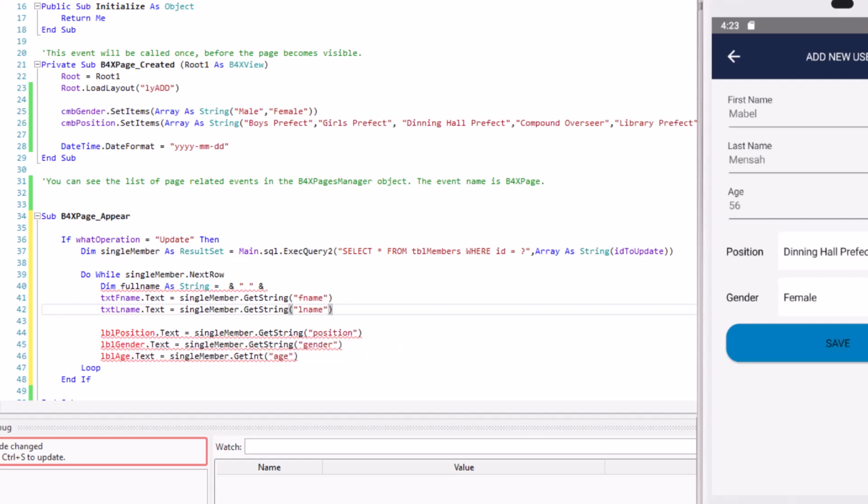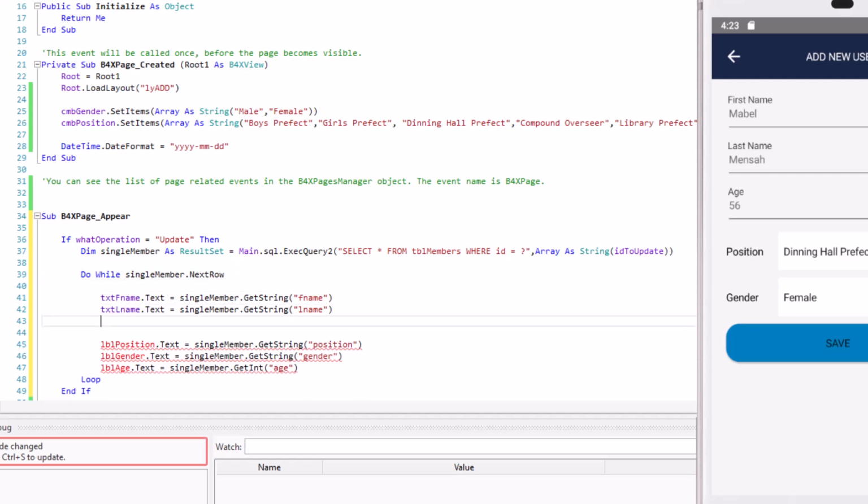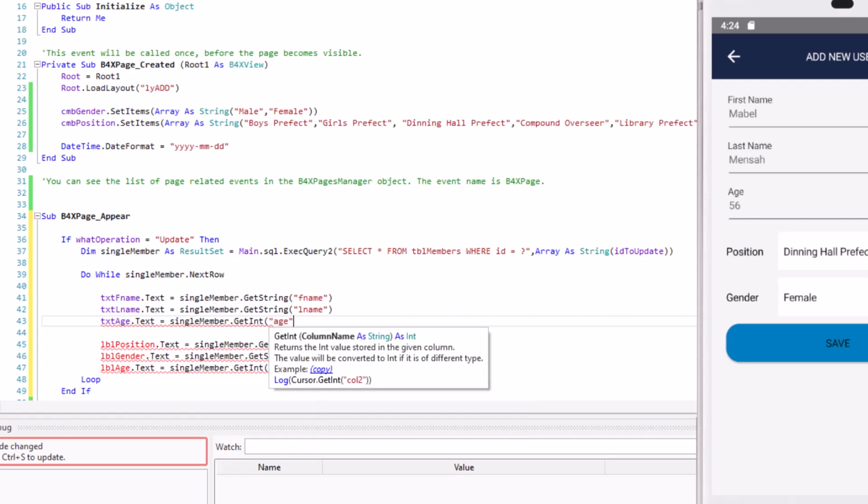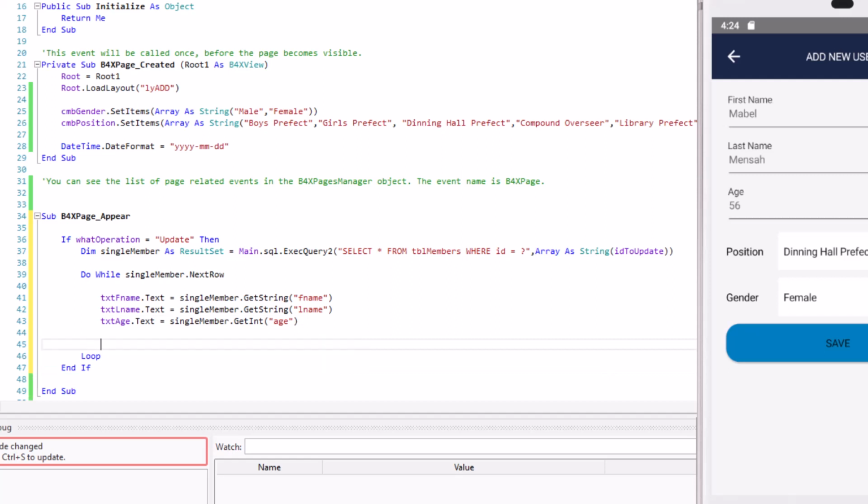Then the next one will be age. The position and the rest will not load down since we are not using them.